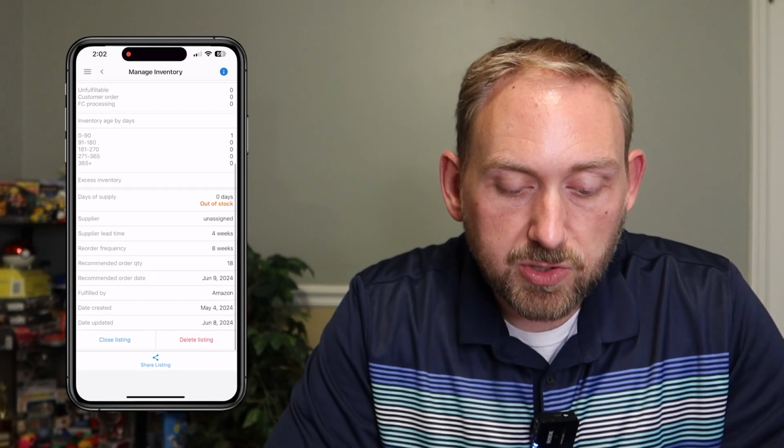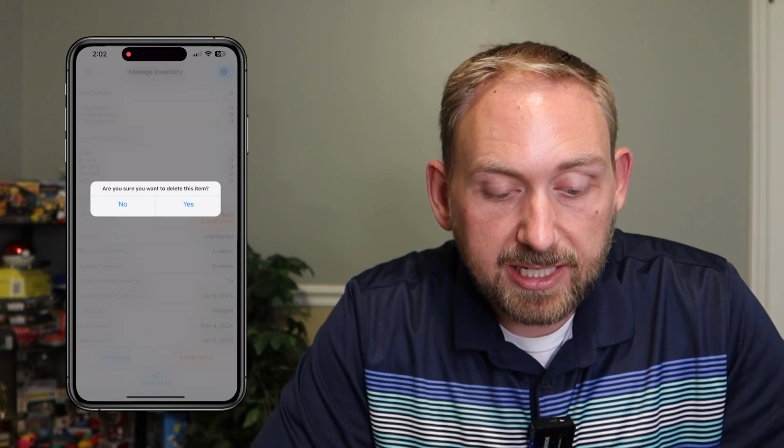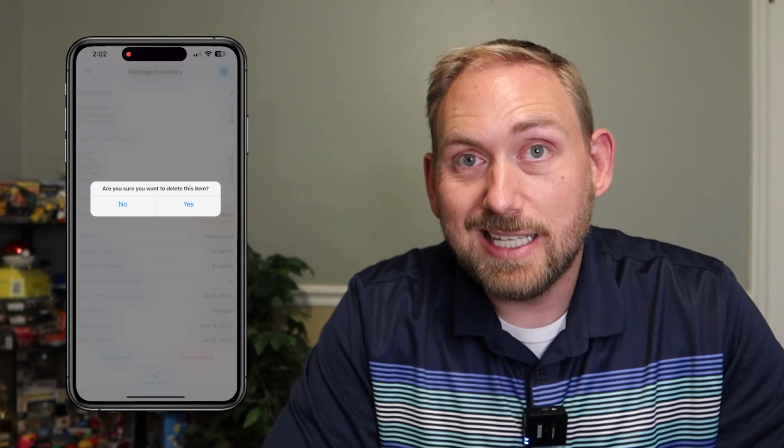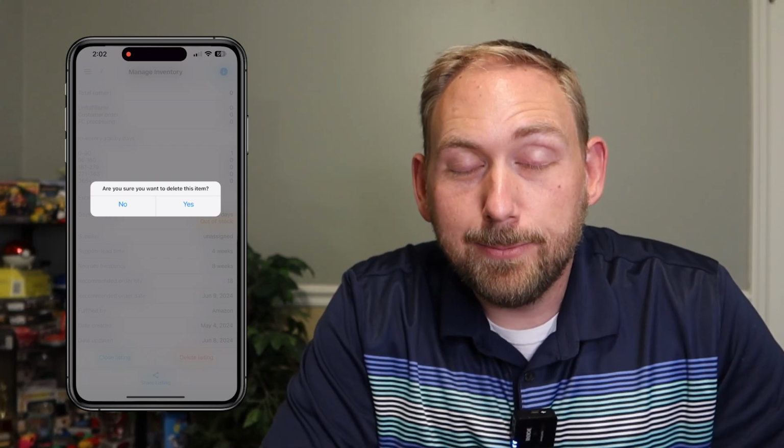So at the very bottom, you just scroll to the very bottom and you click delete listing right there. So click delete listing, it'll pop up and say, are you sure you want to delete this item? And then click yes, and then that will be deleted from your inventory. So that's it, pretty quick and easy and